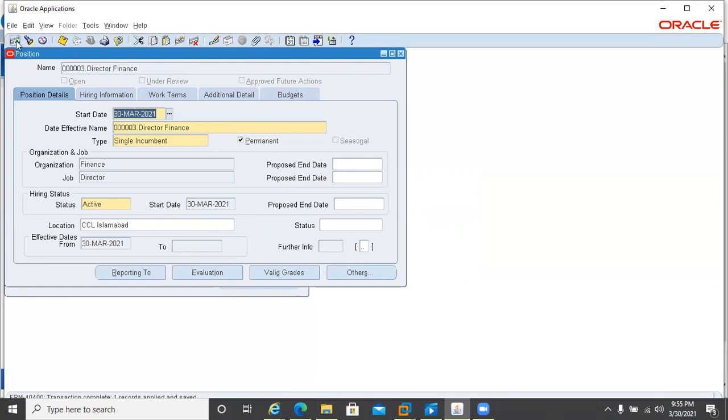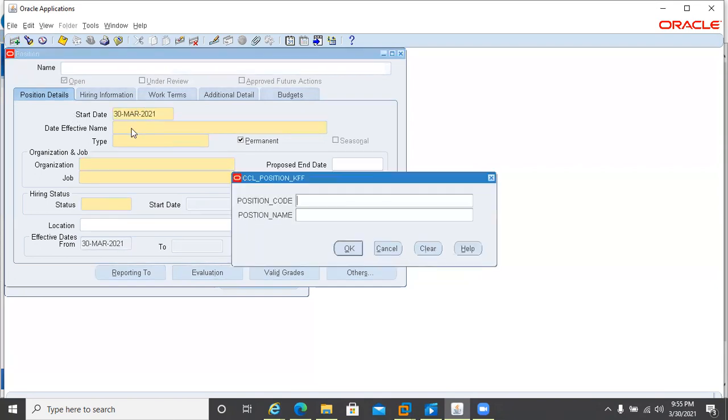So let me create one position with effect from today's date. I will enter 0000002, because we still have an option to handle things manually, right? Because the position code we are creating manually, so yes, we can handle that option too.